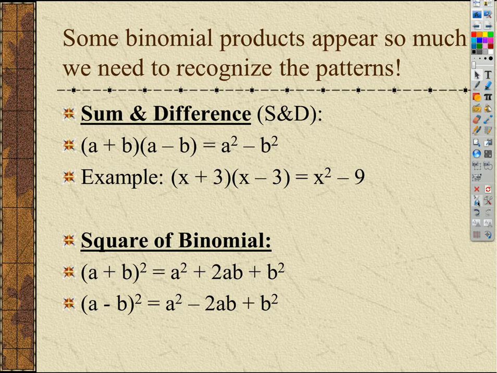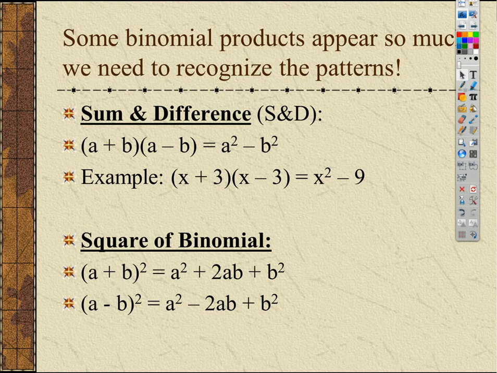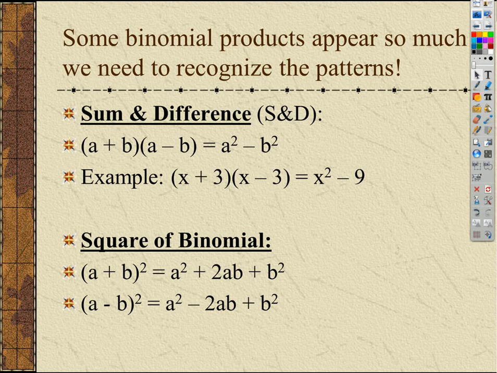So that's handy, okay? So for example, if we see something like x plus 3 times x minus 3, we know right away it's just x squared minus 9. Easy peasy. Okay? If we square binomials, this is a really important pattern. We're going to know how to square and cube binomials. A binomial just means a polynomial with two terms, something plus something or something minus something. The pattern is always the same, and you only have to remember one of these. You get two for the price of one. Don't even bother remembering the bottom one. If you remember the top one,